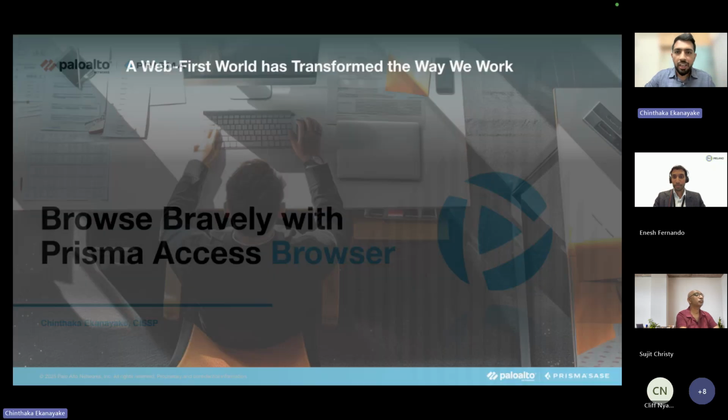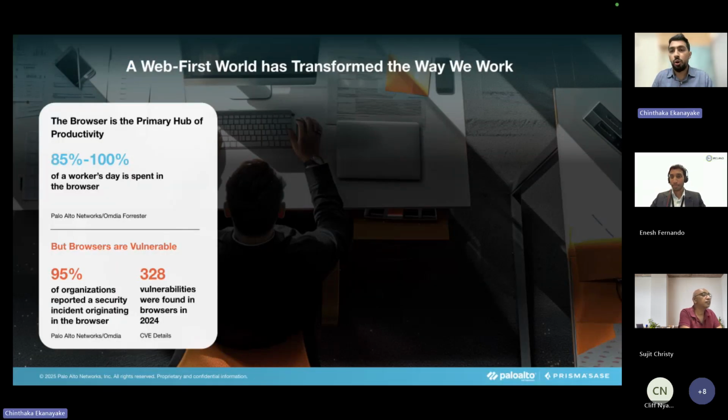Before we dive into the product and discuss more on that, let's take a step back and start with what exactly the problems are that we are trying to solve, or the fundamental needs and challenges that warrant a new approach to browsing in an organization. Over the last 5 years, the world went through an accelerated transformation. The way we work, primarily, has changed. Starting from COVID, and then the Gen AI explosion in the last couple of years, all of these things presented different challenges to organizations that need to be solved.